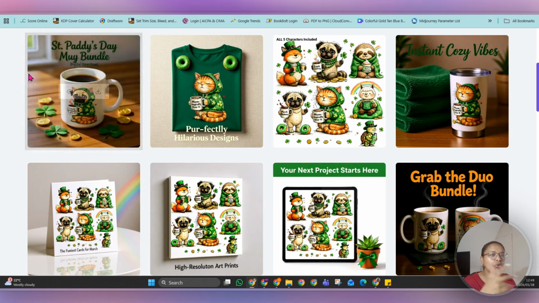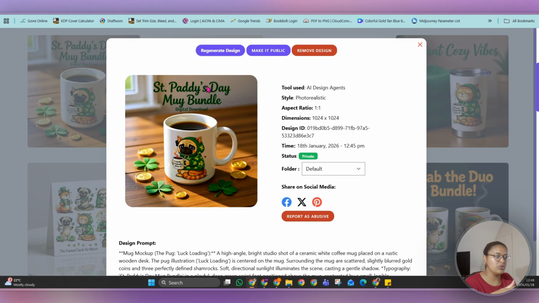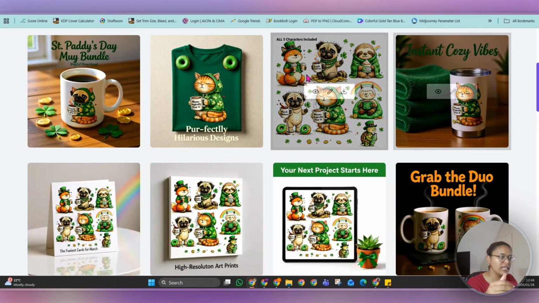Now, if you really want this, I would go to Canva and just select the prompt, select the text, change the text and change that to St. Paddy's Day clipart bundle, digital download. Beautiful. And there you're done. Just to show you what it would look like on a mug. Okay? Just test and make sure that the image is not distorted and the text is not saying something different